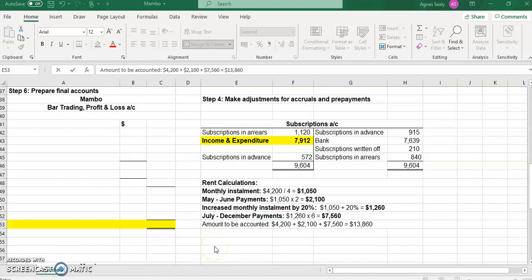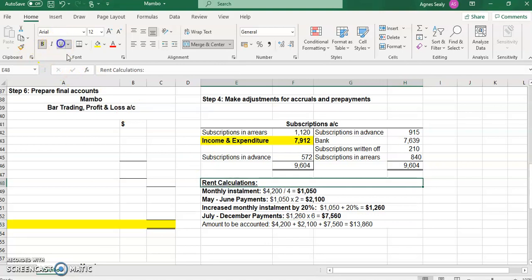Welcome back to part 5 of our video series on nonprofit organizations, using this example question called Mambo to work out our trading account, our income and expenditure account, and our statement of financial position. We are using this particular question because it has that same concept of markup and margin, and we want you to fully understand how to utilize that concept in single entry accounting and how to convert from one ratio to the other, from your markup to a margin